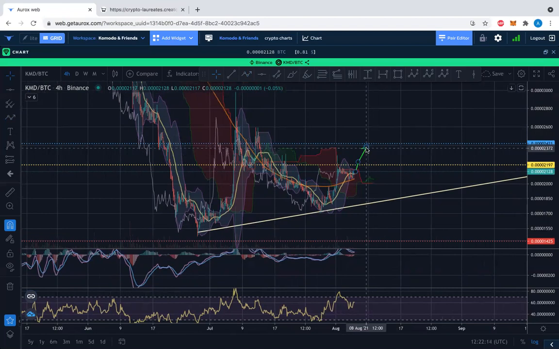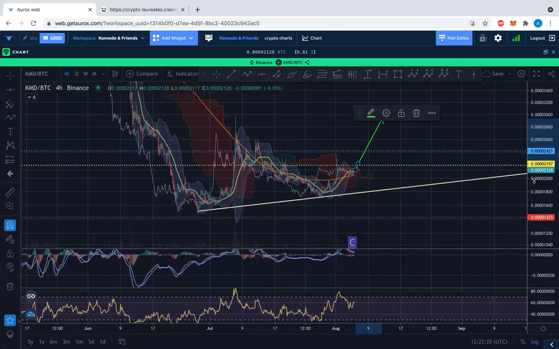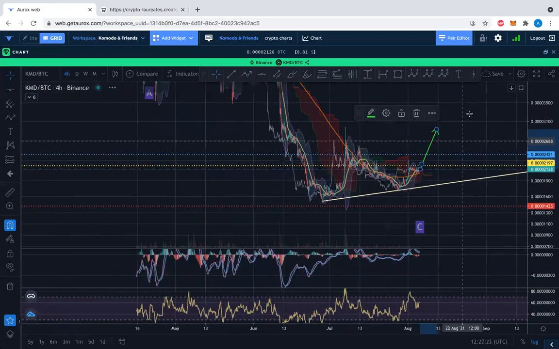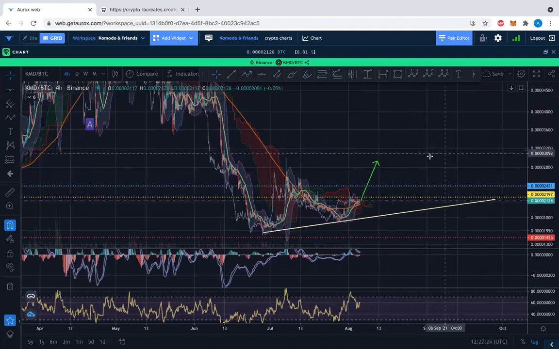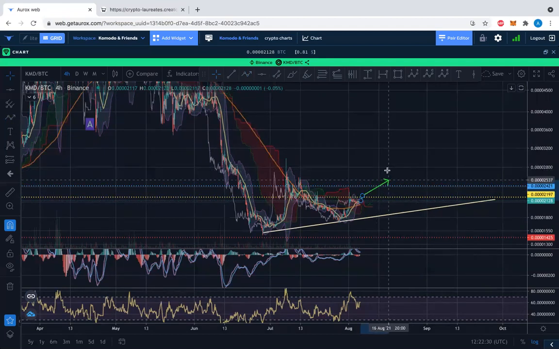Maybe we go up there and then we come back down, or maybe we even go higher and we start making our next moves. But I don't think that's where we are yet in the overall framework. However, yes, possibly we could make it to the 3,000 Satoshi level. That would be a really big move, though, portending